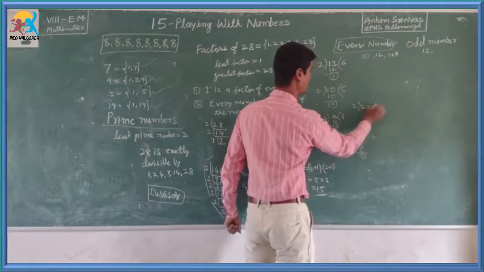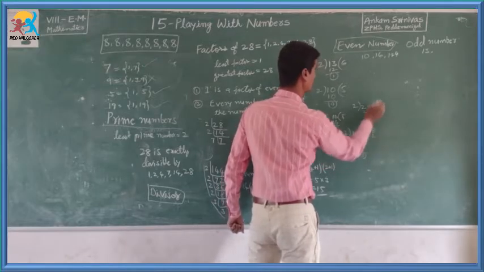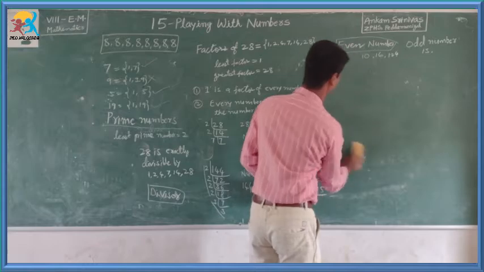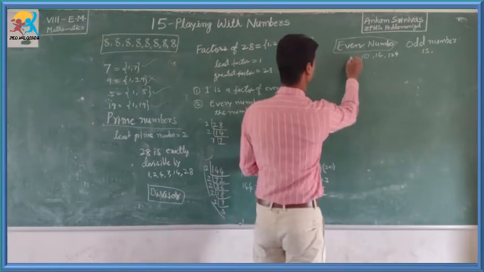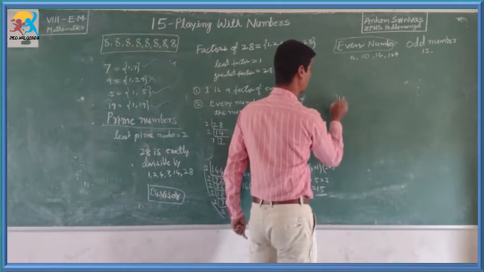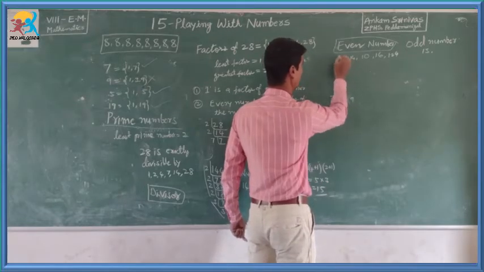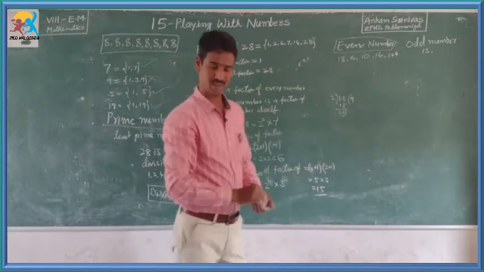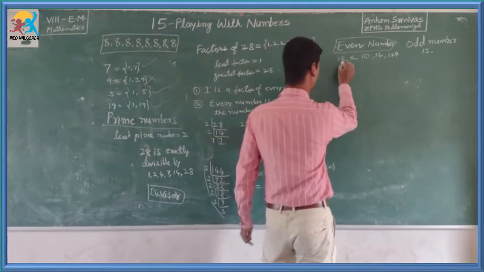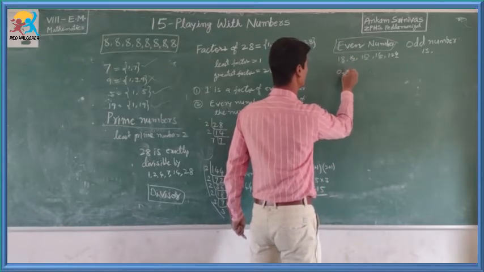And 28. If I take 28, 2 1s are 2 and 2 4s are 8, remainder 0. So 14 is also an even number. If I take 18, 2 9s are 18, remainder 0. So 18 is also an even number. If you observe the even numbers, the unit digit of even numbers will repeat: 0, 2,